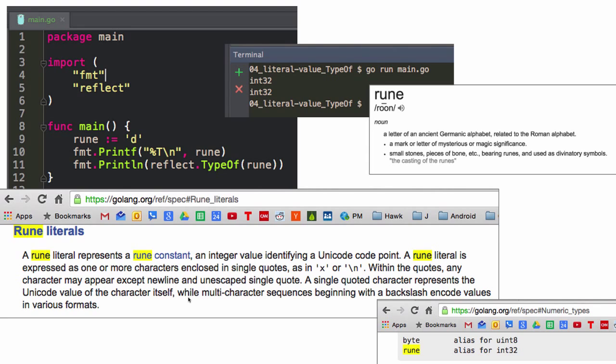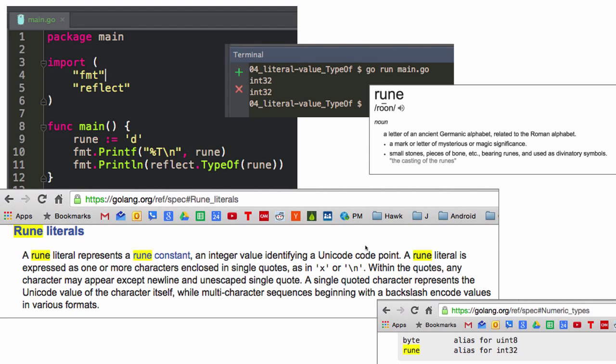A single quoted character represents the Unicode value of the character itself, while multi-character sequences beginning with a backslash encode values in various formats. So basically it's our characters, and it shows us the number, and that's the code point in Unicode. The code point in Unicode is a 32-bit coding scheme, 4 bytes, and the number of bytes used varies. And so the first 127 code points are ASCII in UTF-8 in Unicode.